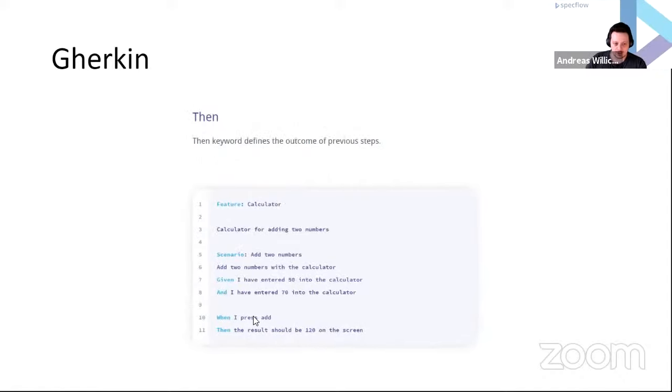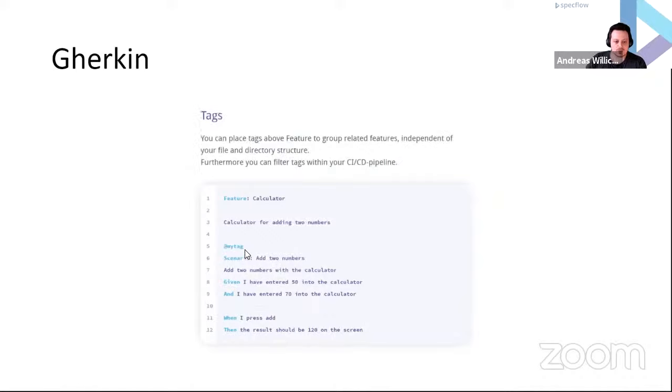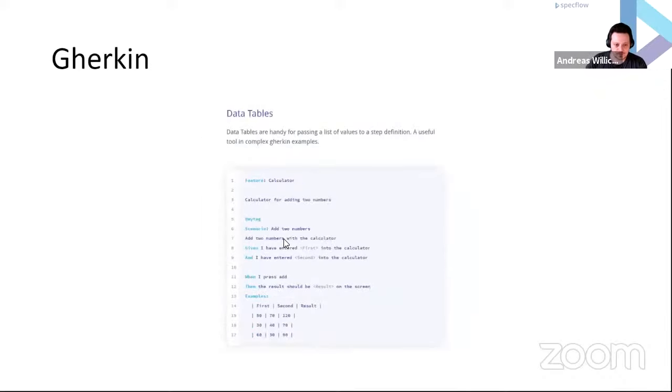Then there are some additional things around. You can have tags. These start with an at sign, and they are for grouping scenarios or for filtering. You can quite easily filter, and you could also adjust your automation with that. This is more of an advanced topic. What you can also have is